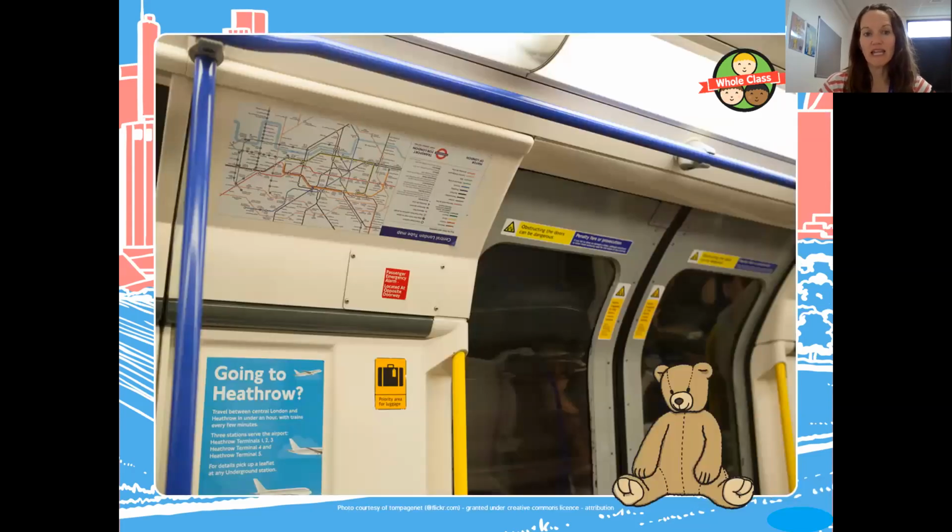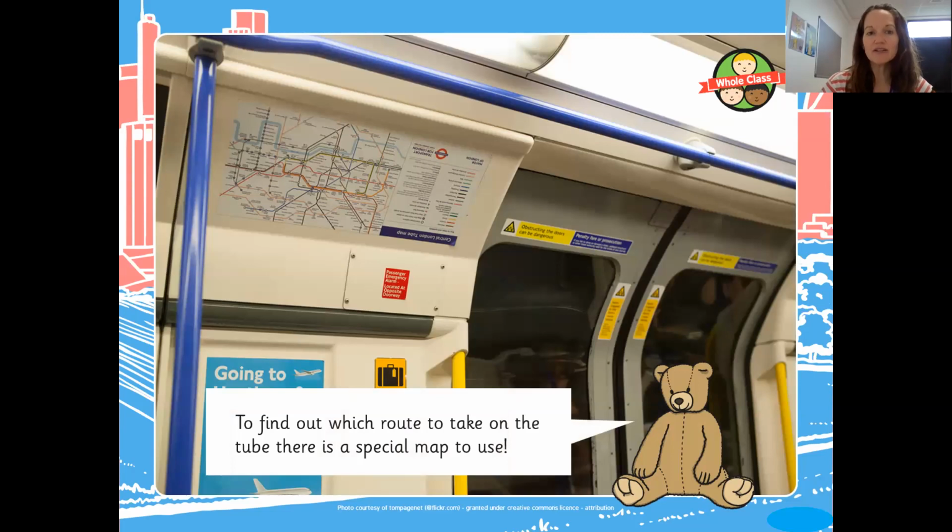So here we have the London Tube map. It's a very special map that has all the different stations and all the different routes that you can take. And each route is a different color. So I used to live near the Central Line, and I knew that was the red route. So I'd always be able to have a look along the red route to see which stations were near to